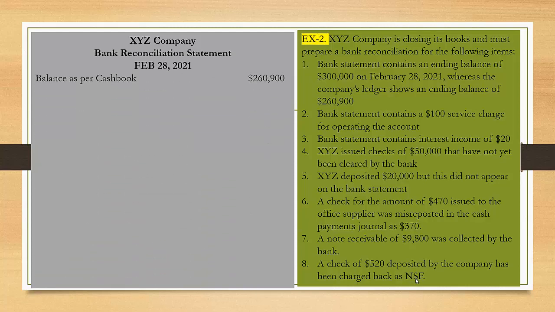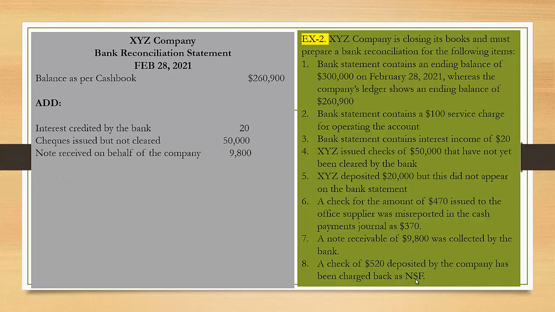Here I have mentioned the credentials of the company. So let's start with balance as per cash book, and you can see the items. The first one is interest credited by the bank, so we will have to add. Checks issued but not cleared, we need to add back, and similarly note received on behalf of the company, we will have to add. So these three items, the sum total becomes 59,820. We need to add this amount to the balance as per cash book,